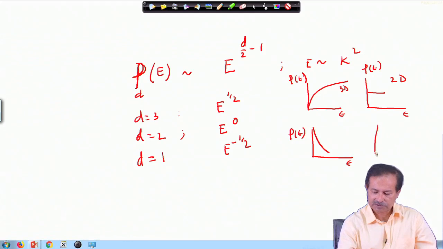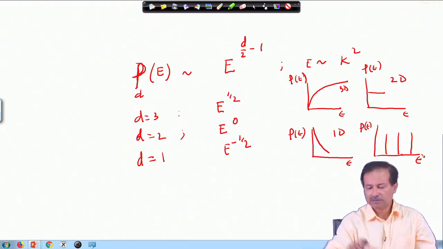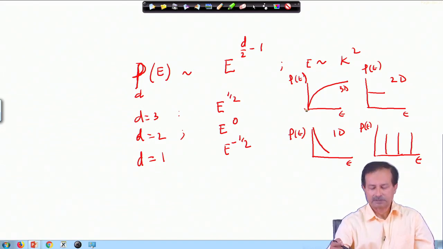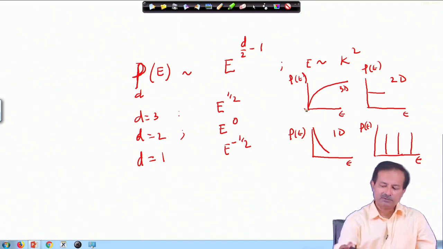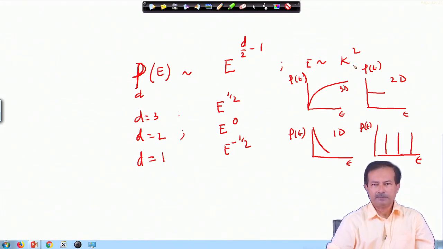0 dimension, of course, is just levels at those corresponding allowed energies, and that is how the density of states looks. Okay. We will discuss the consequences of all of these at a suitable point. We will stick to 3-dimensional systems for the time being, and when the time comes we will discuss 3D, 2D or lower-dimensional systems. For now, as homework, you can work out the 2D case with this kind of spectrum, E versus k square. Okay. Thank you so much.